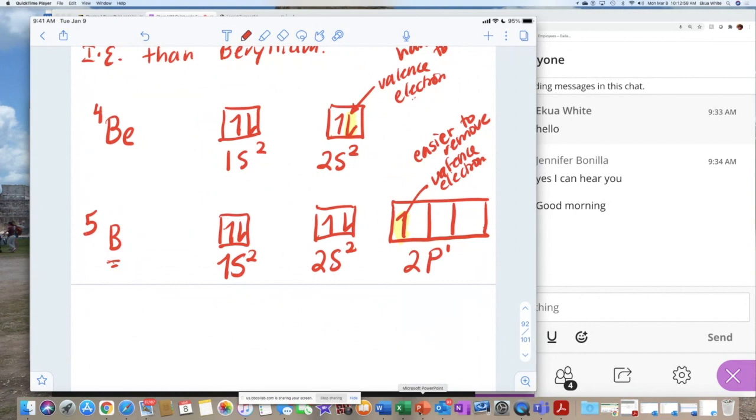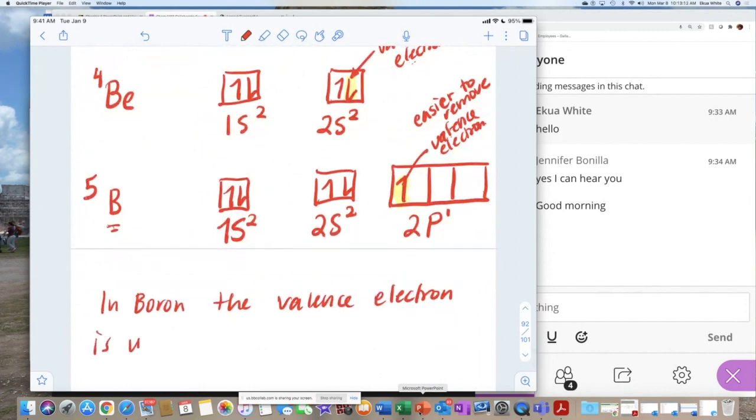If we're to describe boron's electron, in boron, the valence electron, yeah, we know it's in 2p, is unpaired. Okay, so bottom line, we learned that it is easier to remove